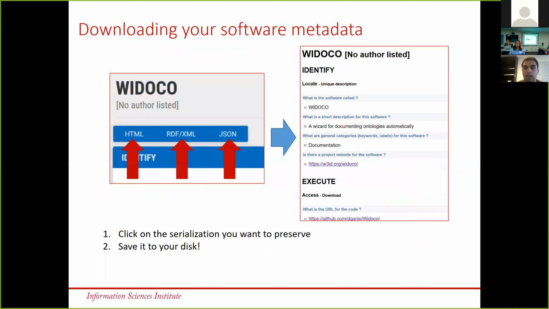And finally, as I was commenting before, when you are done adding the entry for your software metadata, you can go to the main page of the entry and click on each of the serializations to actually generate, for example, an HTML that you can save and put in your project page, or you can also get the JSON and RDF XML, which are machine readable descriptions, if you are interested in, for example, creating a software registry